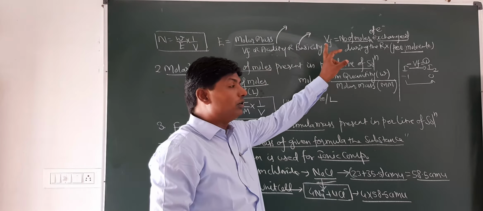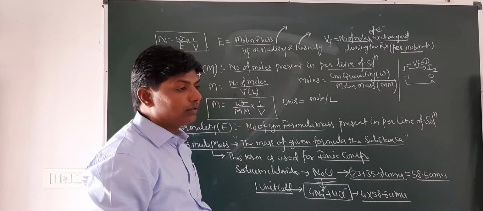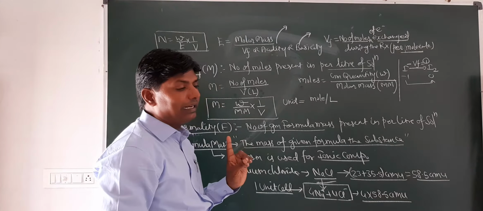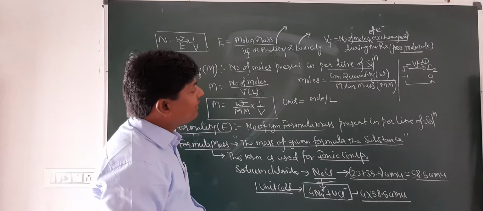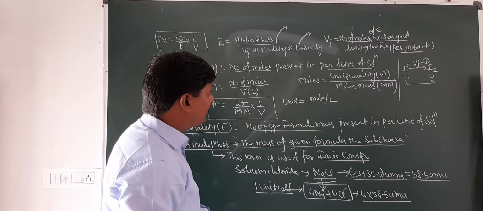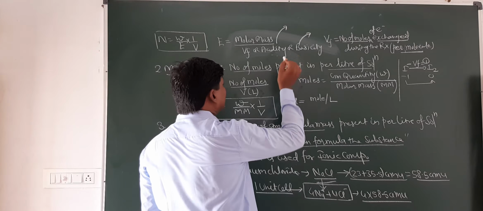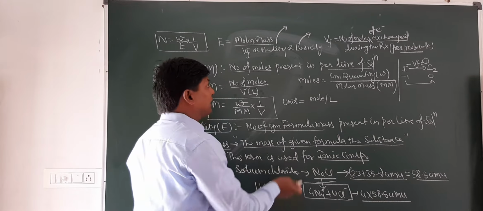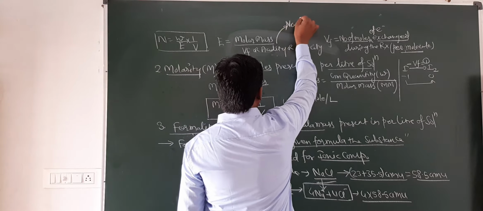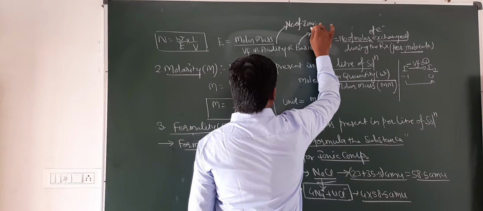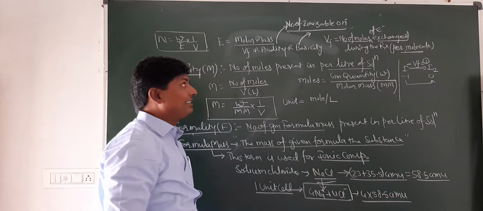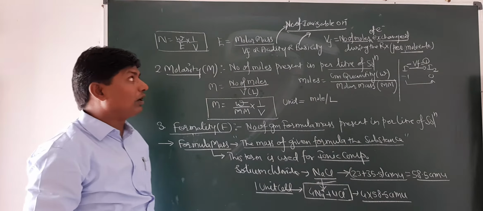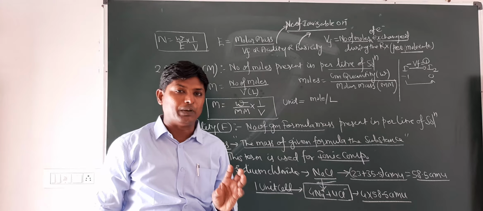But I am telling you the meaning of the word valency factor. Now, acidity. Remember one thing, that the term acidity is not used for the acid. This is always used for the base. Acidity is the number of ionizable OH minus ions. And basicity is the number of ionizable H positive ions. If I ask you, acidity is what? Number of ionizable OH ions is known as acidity, and basicity is the number of ionizable H plus ions.